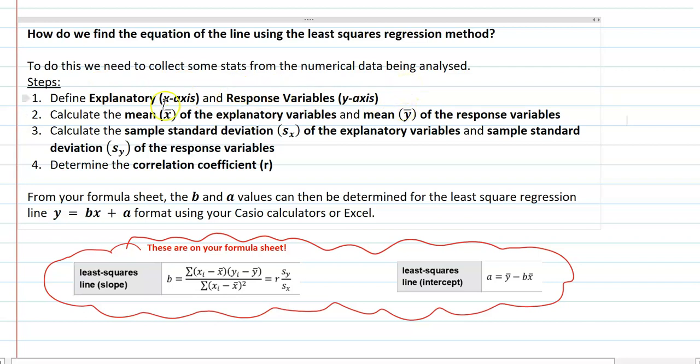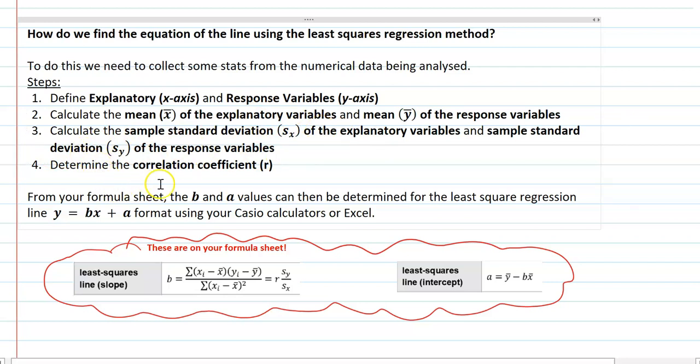From there, we have to calculate the mean of both the explanatory and response variables. The explanatory mean is an x with a little hat, and the response mean is a y with a hat. We then need to calculate the sample standard deviation of the explanatory variable and the response variable, and we just represent them with an x and a y to show the difference between the two.